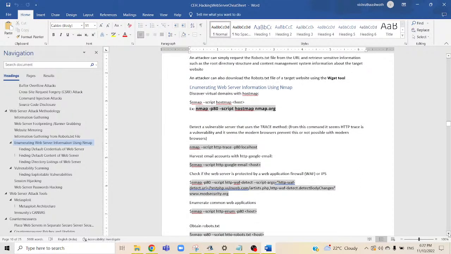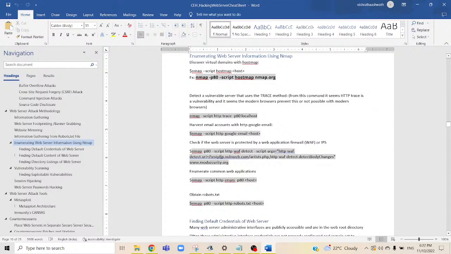To perform this, nmap -p80 --script http-waf-detect, and then --script-args http-waf-detect.aggro, with the URI test.php.vulnweb.com/artists.php, http-waf-detect.detectBodyChanges,